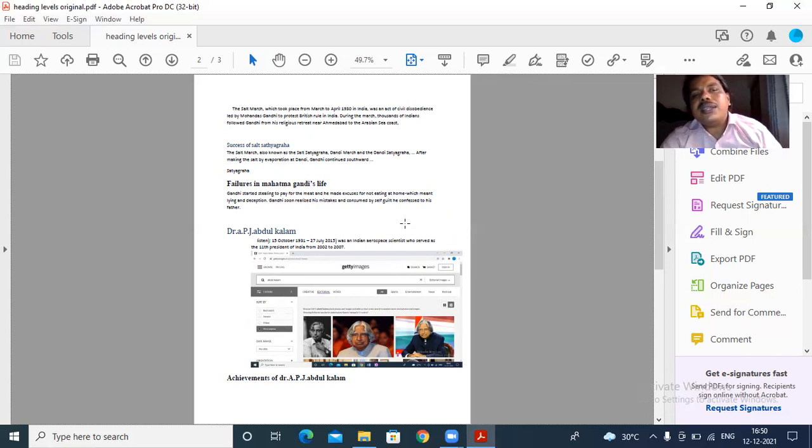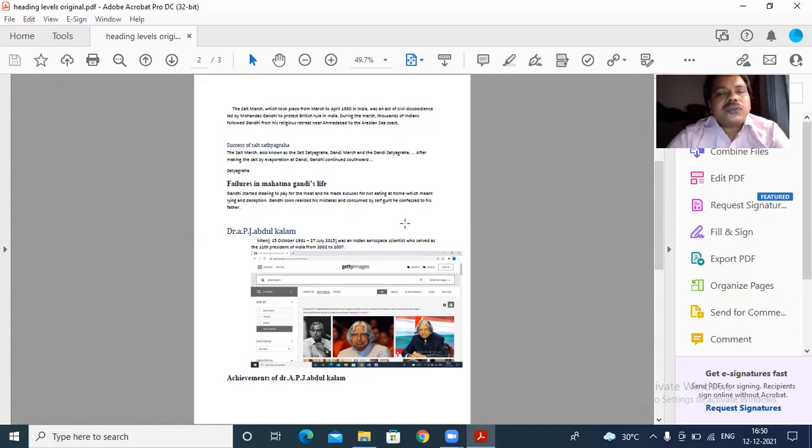Let me go to the next heading level by pressing the key 4. Achievements of Dr. P. J. Abdul Kalam, heading level 4. So here I'm going to use the key command Insert F to check the font size. Times New Roman bold 16.0 pt bold. So this is also in the font size of 16.